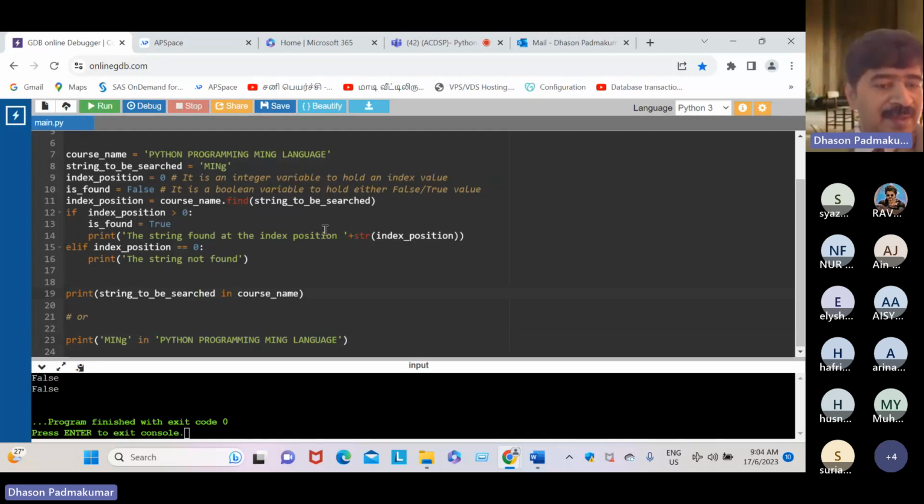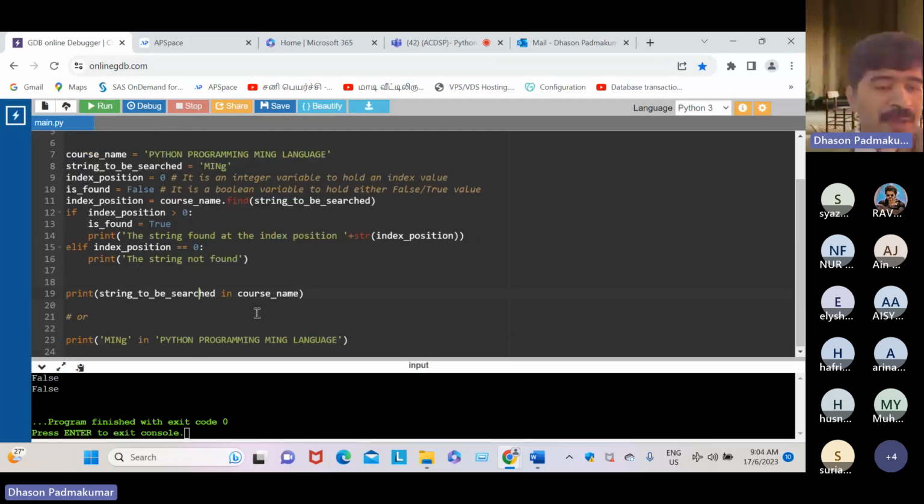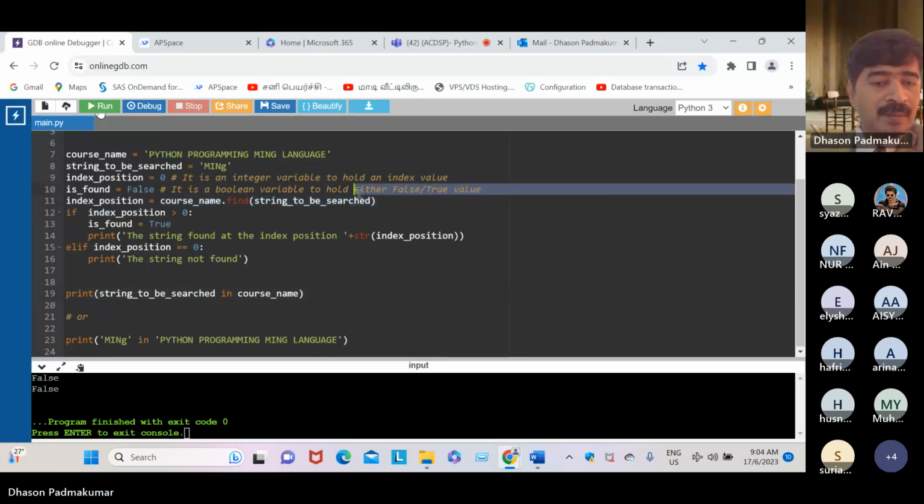And those who have practiced this, dear student, could you please raise your hand? See, just one program for a string, but we are writing in multiple ways. You may write this way. So you may also write this way.